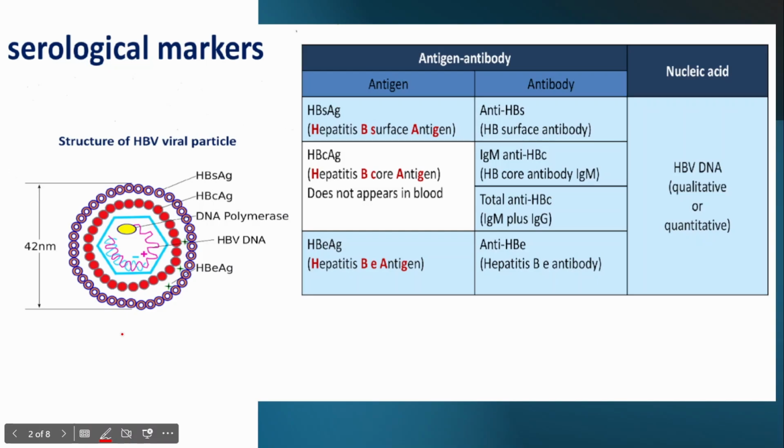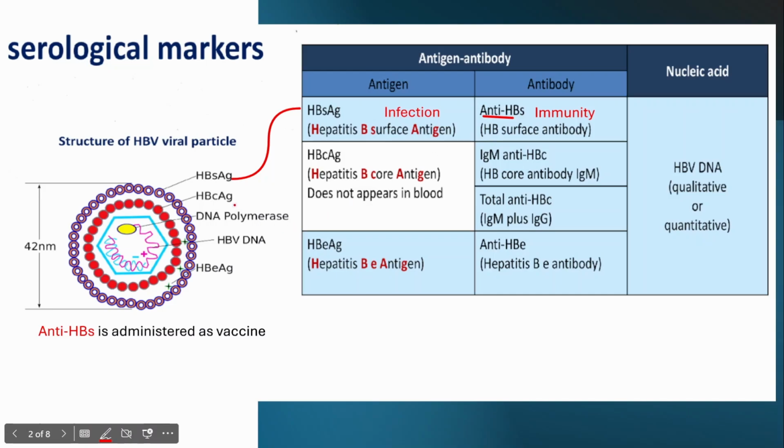The first marker that shows up if a person is infected by hepatitis B is the hepatitis B surface antigen, and it is present on the surface of the viral particle. If a person has this in their test report, it means that they have a present infection. Against this antigen, our immune system makes anti-hepatitis B surface antibody. When this is present in the blood, it means that the person is now immune to that infection. This antibody is also administered as a vaccine.